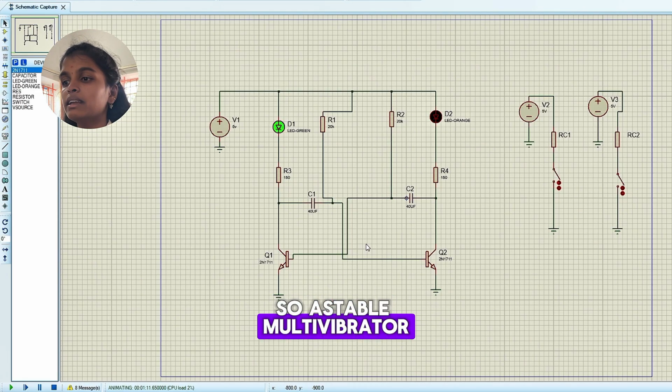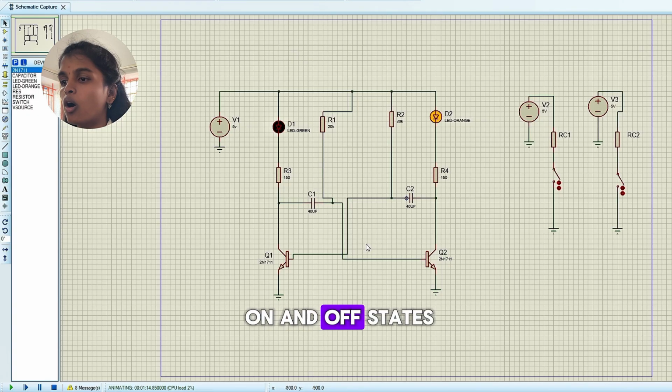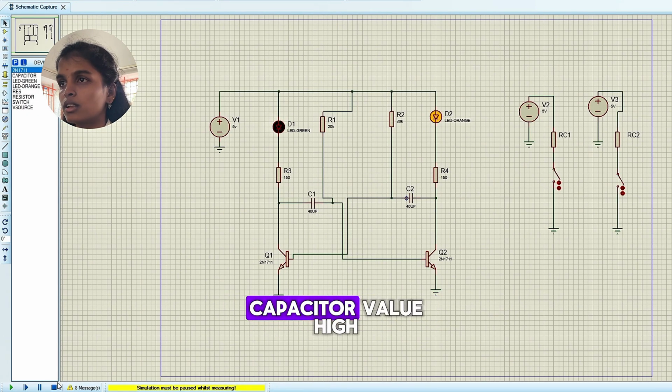So, an astable multivibrator is a circuit that continuously changes between on and off states without any stable condition. If we change the capacitor value high,